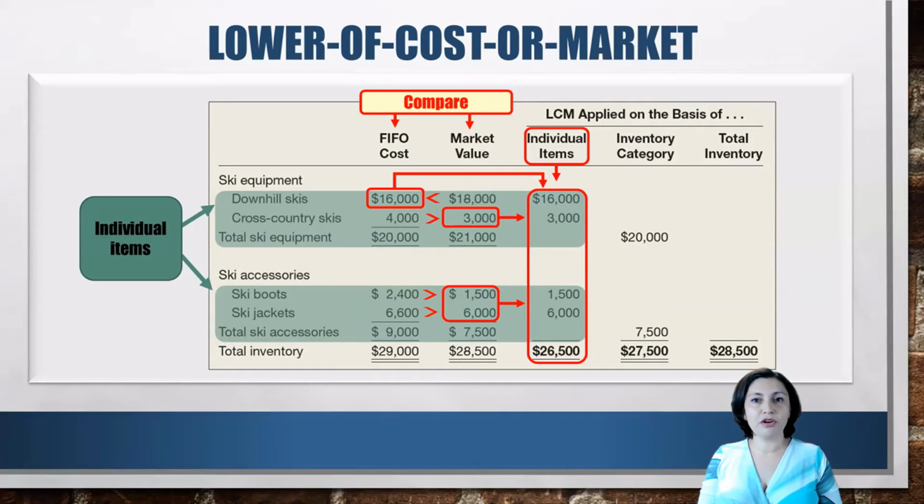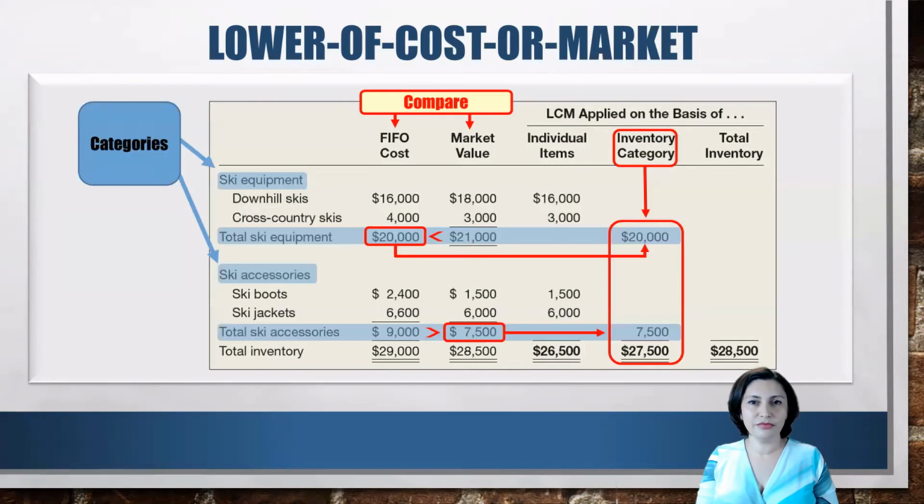Compare the cost with the market value for each item and select the lower number for each item. Then add all selected numbers. The total is $26,500. The inventory would be written down to $26,500. This is accomplished by reducing or crediting the merchandise inventory account for $2,500, which is $29,000 less